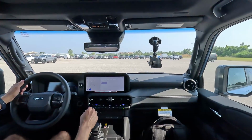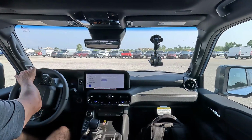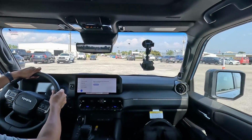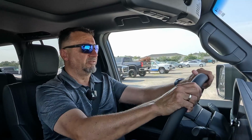Well, it's got some pickup and go, that's for sure. I'm going to select the sport mode versus eco. It should give us a little bit different gearing as far as the engine, maybe make it slightly more responsive. So when we talk about the numbers,